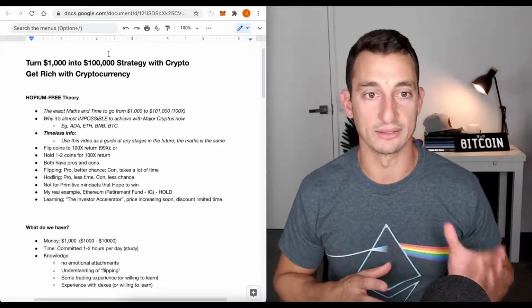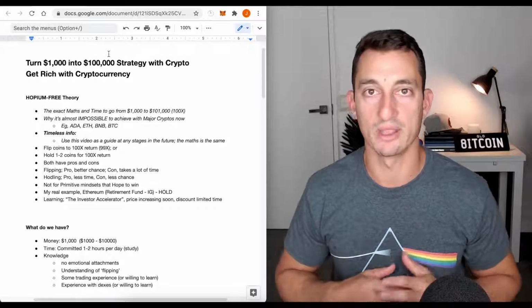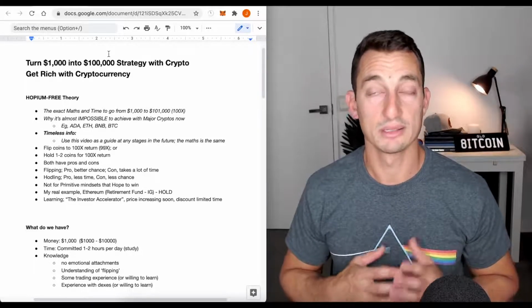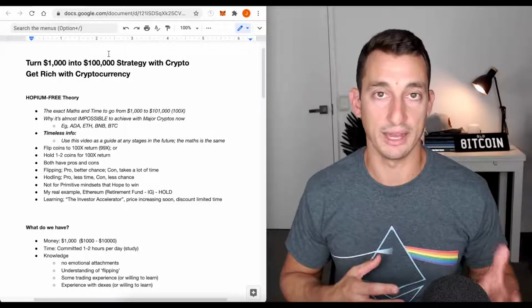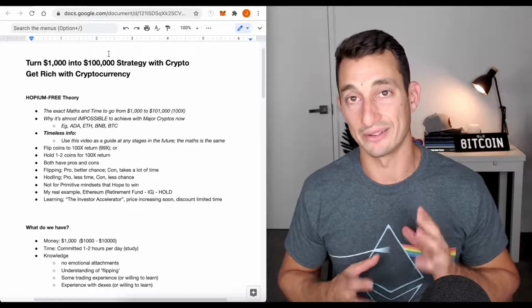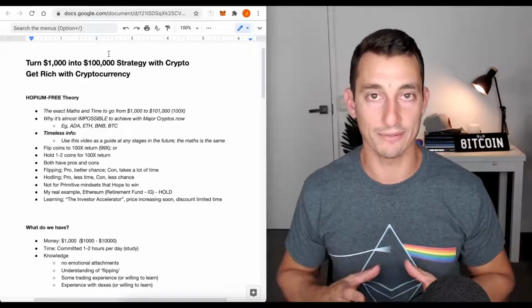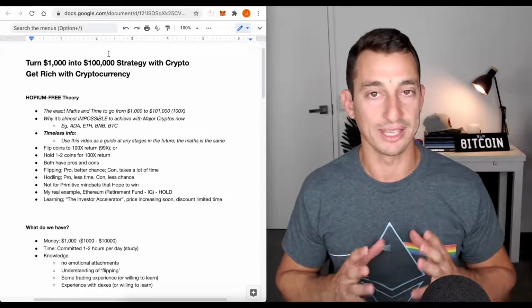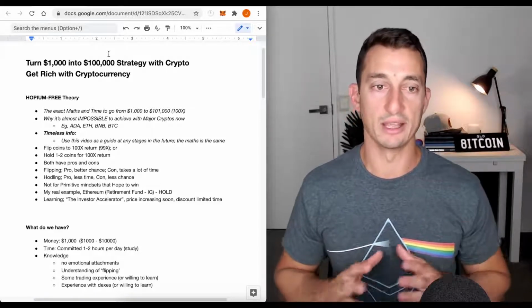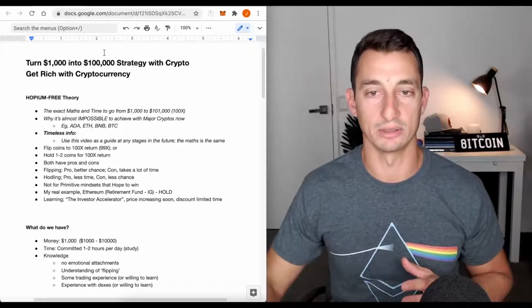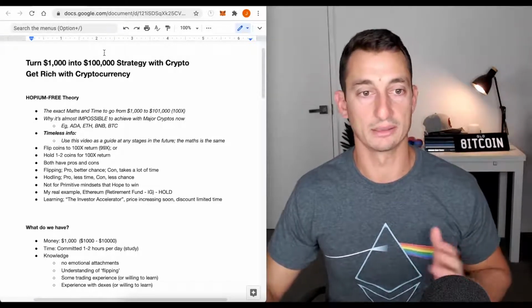The hodling approach, buying one or two coins and just holding those, hoping they get to 100x. The pro is, it takes less time after you've found that initial coin that you believe is going to do 100x. The con is that there is a lot less chance. You're throwing all of your eggs into one or two baskets. So keep that in mind when we go through this today. Primarily, we're going to be looking at the flipping aspect. That's the main thing that we're looking at here, not the hodling, okay?